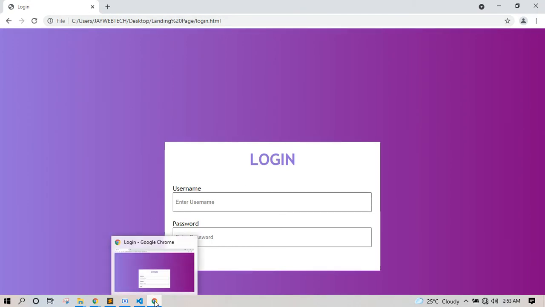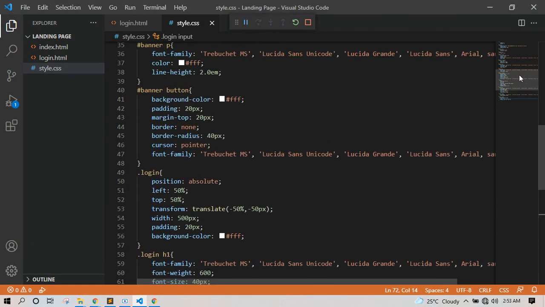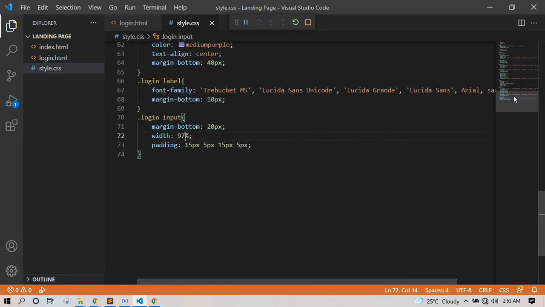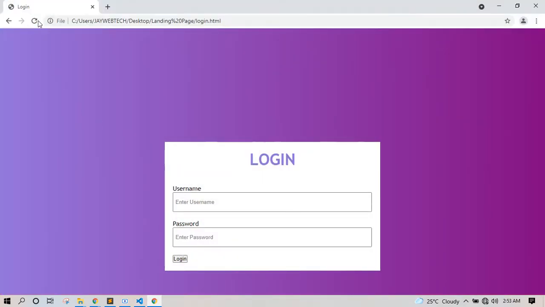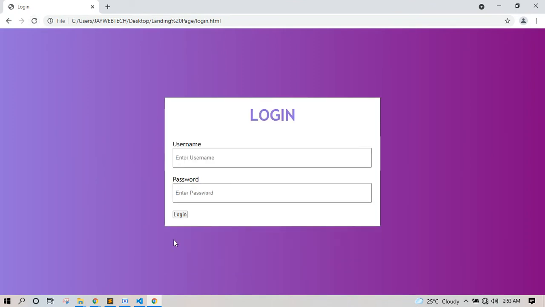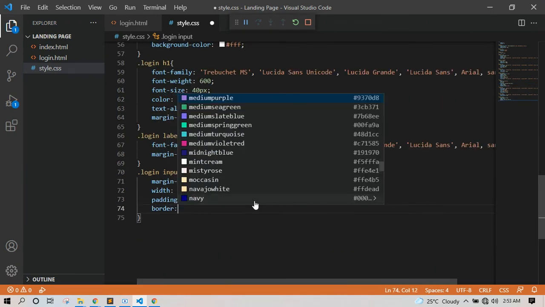So now I think we have, let me check in this login. Okay, I did this to be 50 pixel instead of percent, so that's why this is what I'm supposed to be expecting. So now I can give it a border of